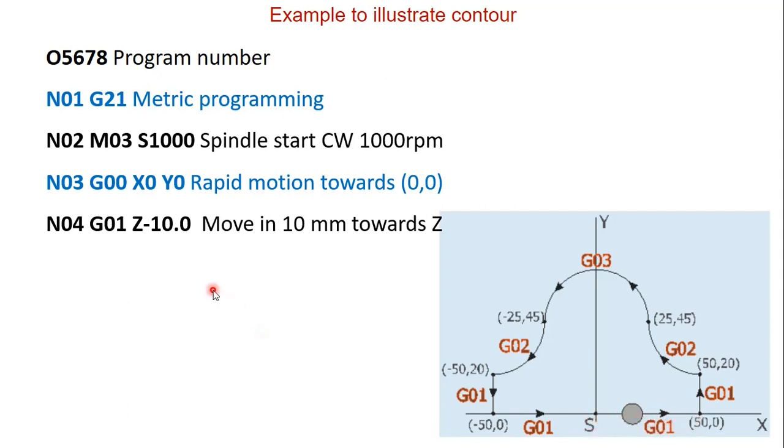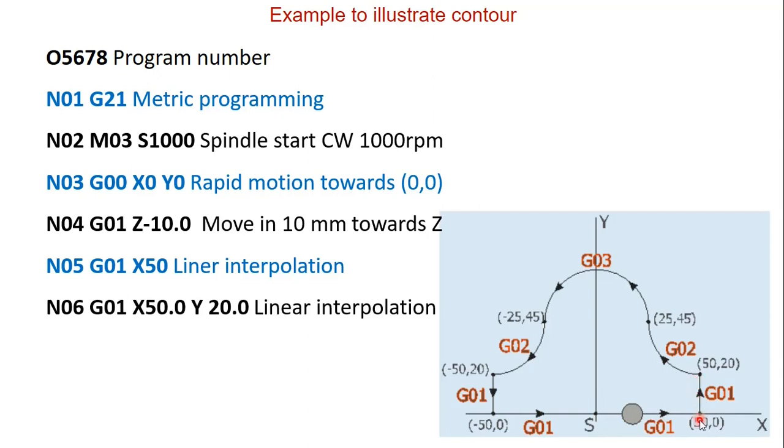So how it is done, let's see. G01 X50. So from here the tool will move to X50 Y0. Nothing is mentioned for Y, which means Y is already mentioned earlier, so that will be considered. So Y0, and it will do a milling operation. Then from 50,0 it has to move to 50,20 in linear interpolation. So G01, and in this case I have mentioned that both X and Y values are changed. So X50 Y20, and it is a linear interpolation.